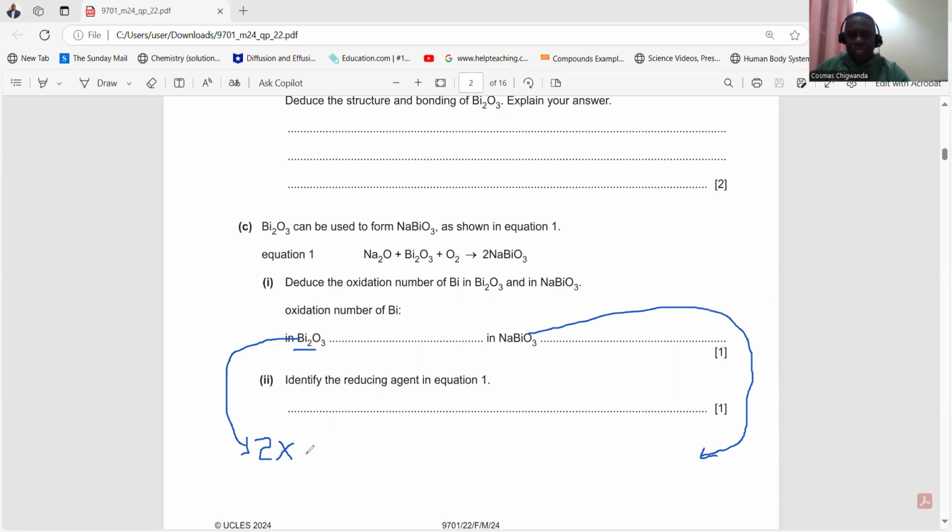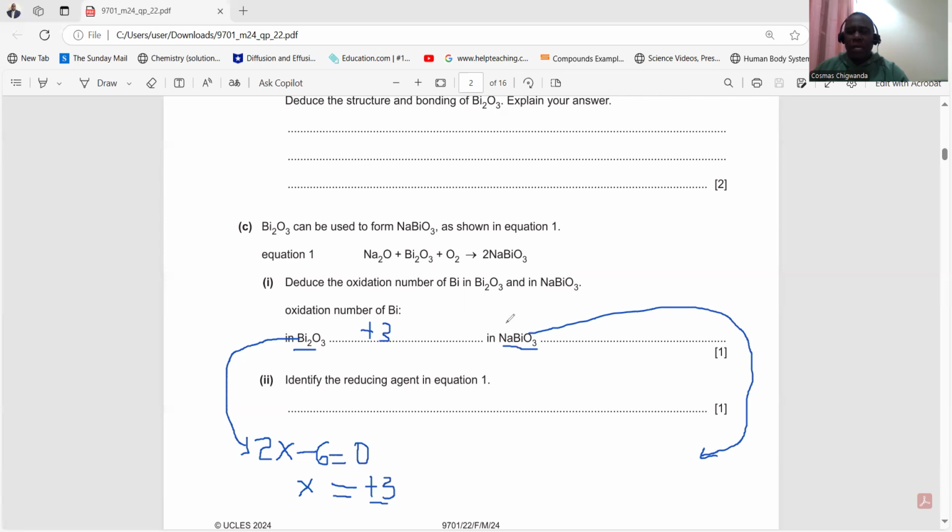3 times -2 is going to give us -6. So we are going to say 2X minus 6. This one will give us 0. Okay, and then if you calculate your X here, your X is going to be +3. Remember to put the sign when you are calculating oxidation state. An answer such as 3 is not acceptable. The examiner wants an answer which is +3 because oxidation state can be minus, it can be positive. Okay, and then we move on to